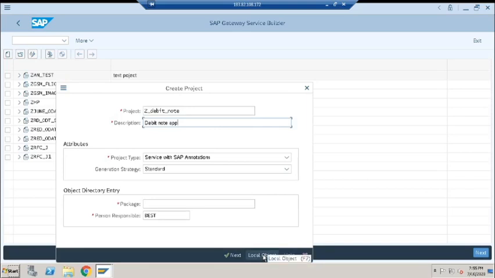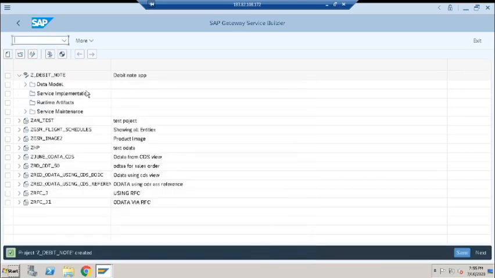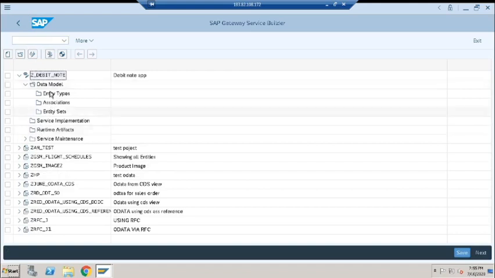As soon as I create my project, these different things open, like entity types, association, entity set, service implementations, and service artifacts. I'll go through all these details one by one.